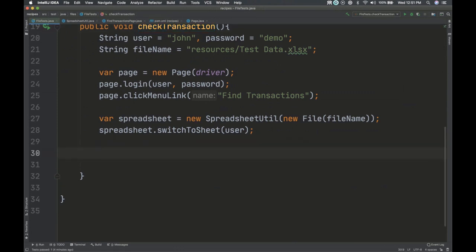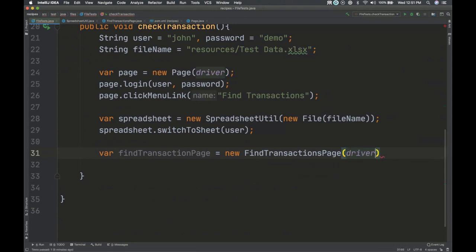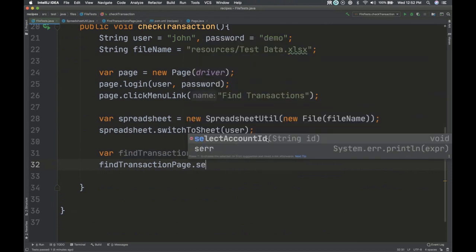So now we're going to see account find transactions page equals new blah blah. Yes, give it the driver. And then we can call select.